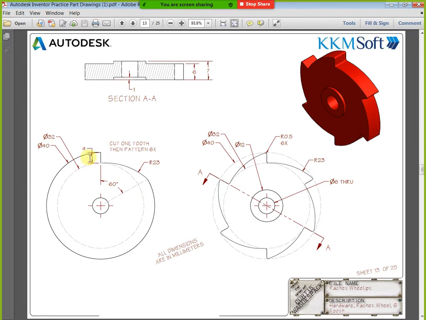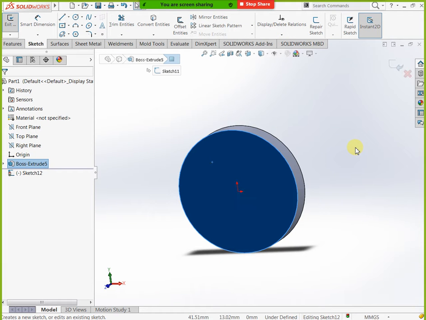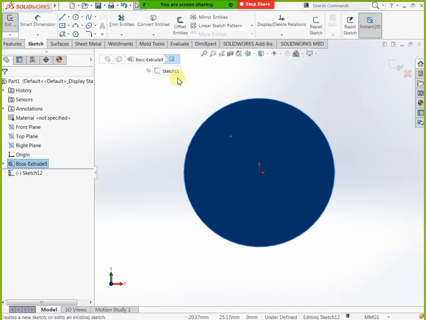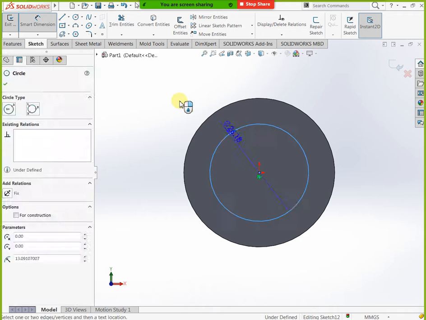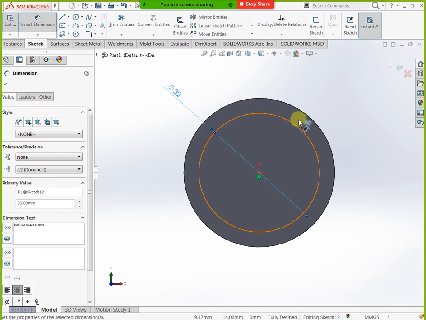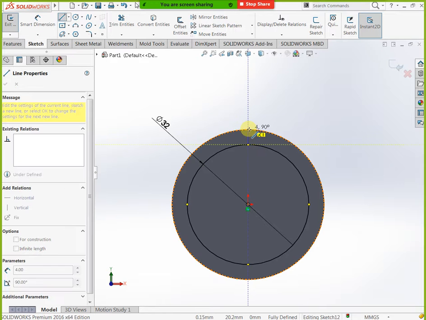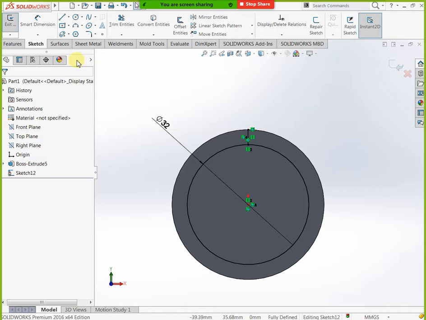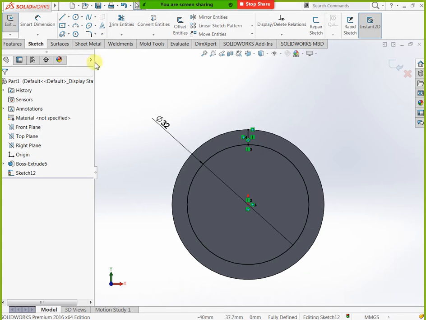Now one more line, just check the dimension, this line 4. Now you can take one line, is there any angle for that, you can check once, 23 and a 60 degree angle is there. Now take one line exactly from this point to here. Now mention the dimension, select this one and this one, you can mention here a 60 degree angle. Now you can take one line, 3-point arc.